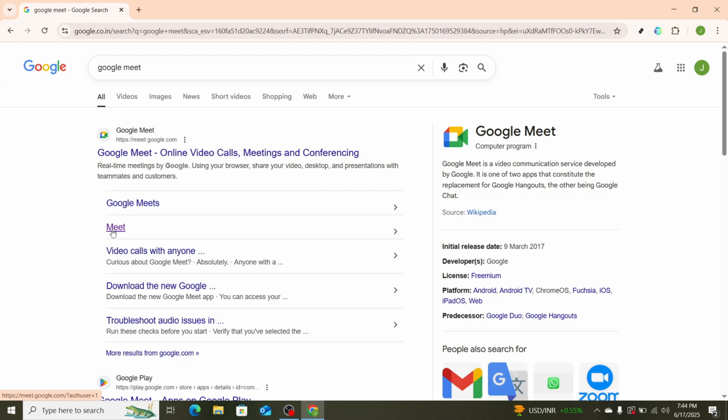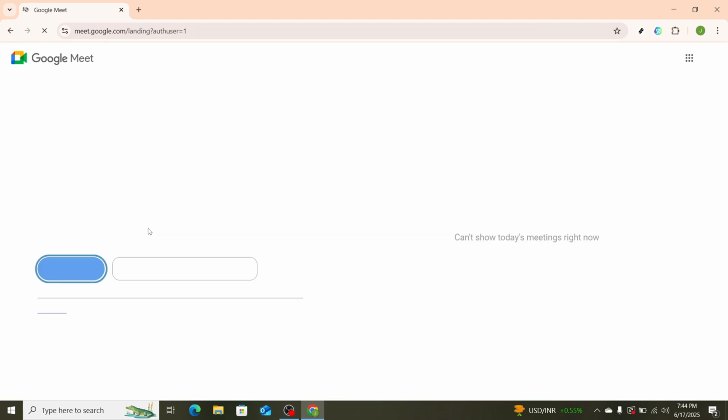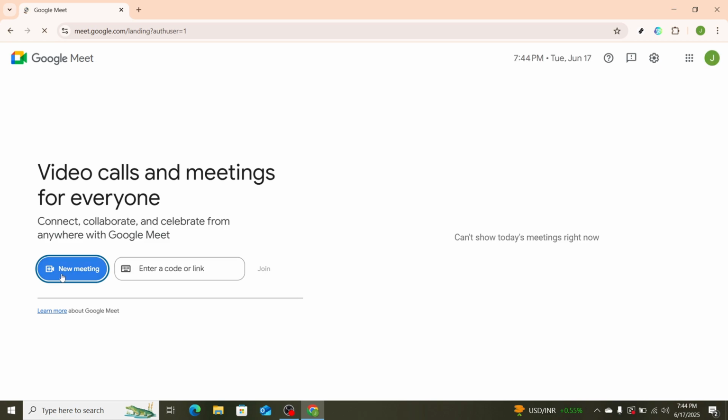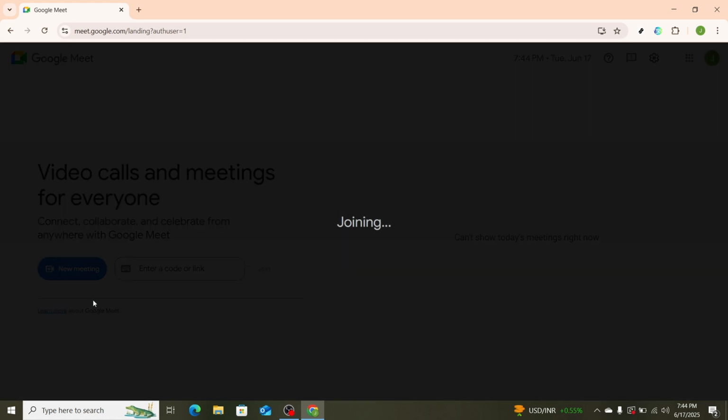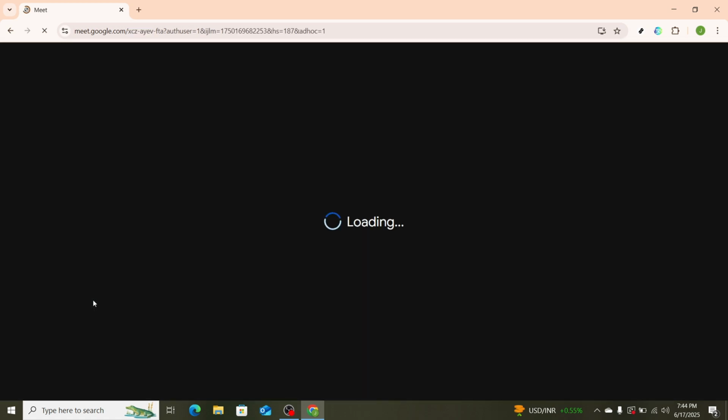Once you're on the Google Meet platform, the next step is to join a meeting. This could be a class you're teaching or any scheduled meeting you're attending. Joining a meeting is quite intuitive. Simply click on the scheduled meeting or enter the meeting code, if needed, and you'll find yourself connected with your